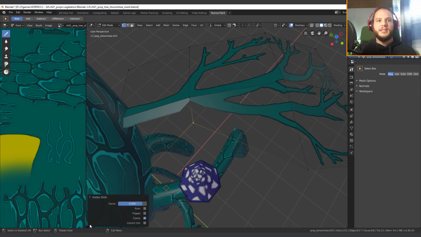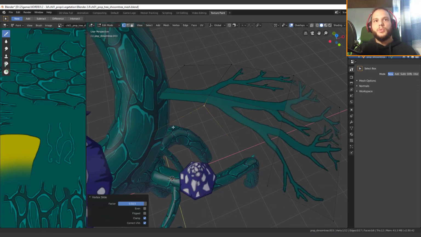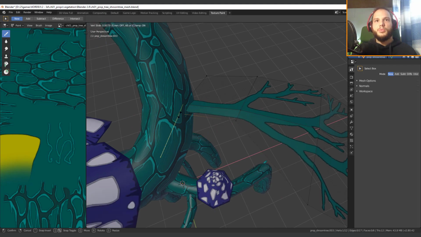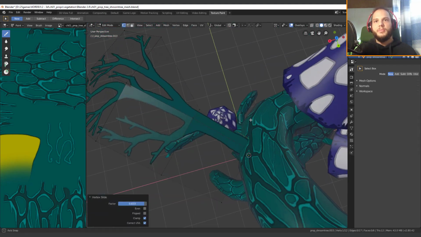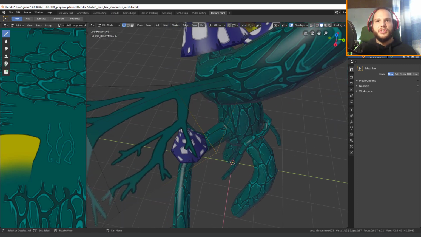You can click this and just press or enable correct UVs. And then the texture information should stay on its position, and I can move the geometry around and this will stay where it should be. So okay, bring them into position,